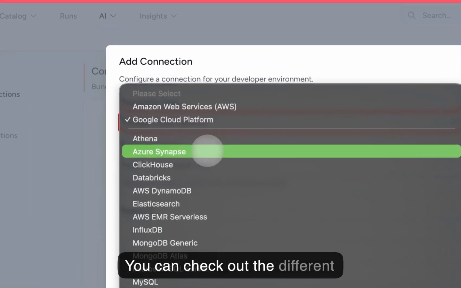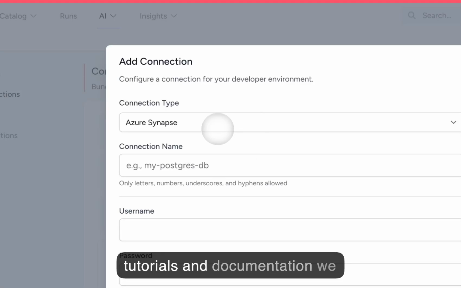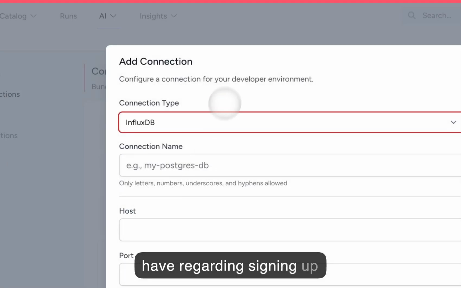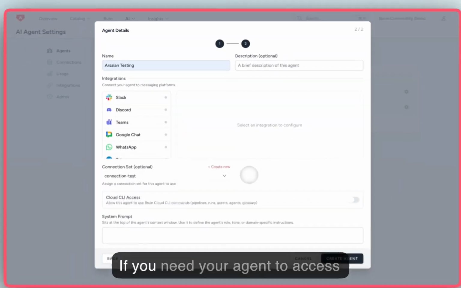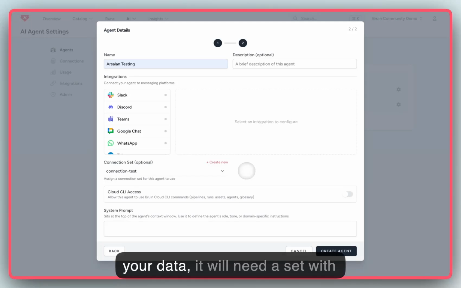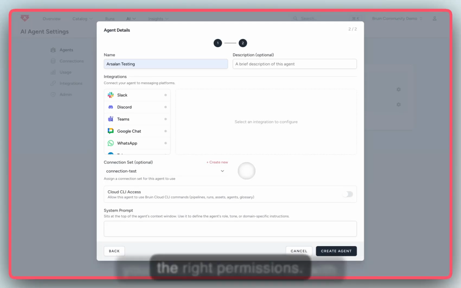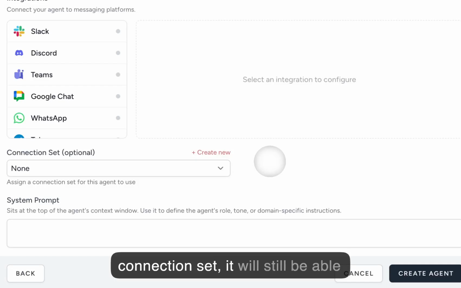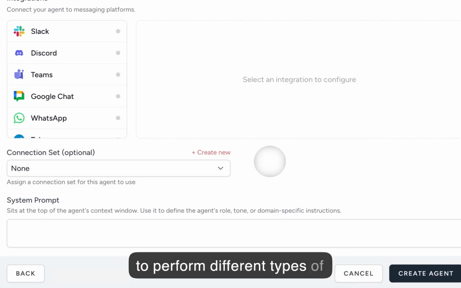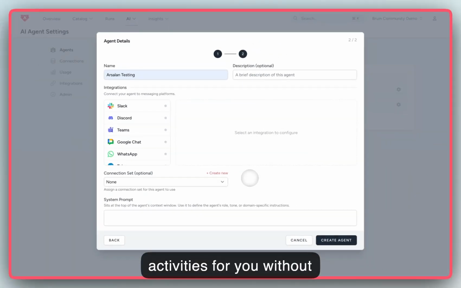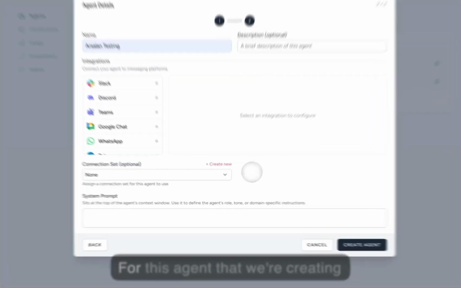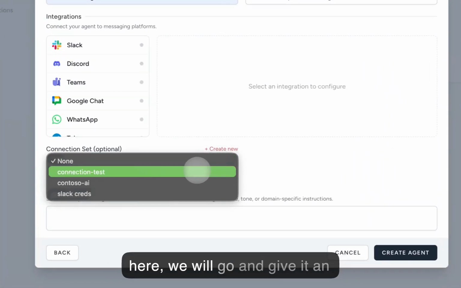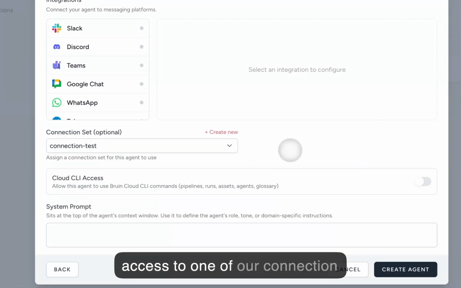You can check out the different tutorials and documentation we have regarding setting up connections. If you need your agent to access your data, it will need a connection set with the right permissions. If you create an agent with no connection set, it will still be able to perform different types of activities for you without accessing your data. For this agent that we're creating here, we will go and give it access to one of our connection